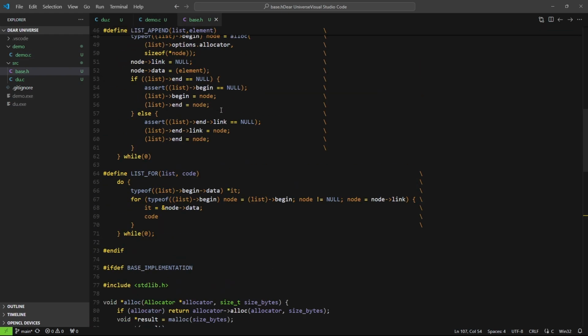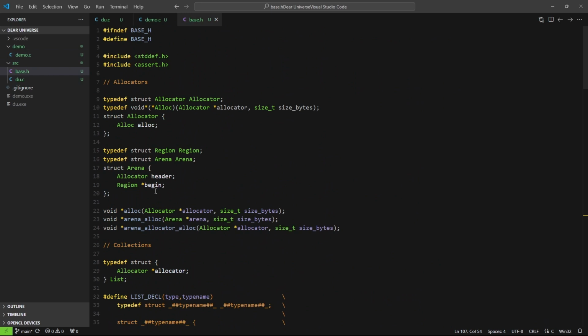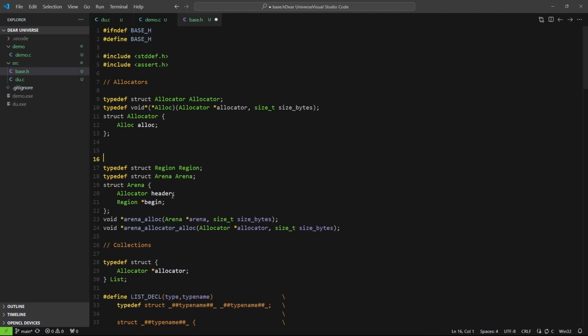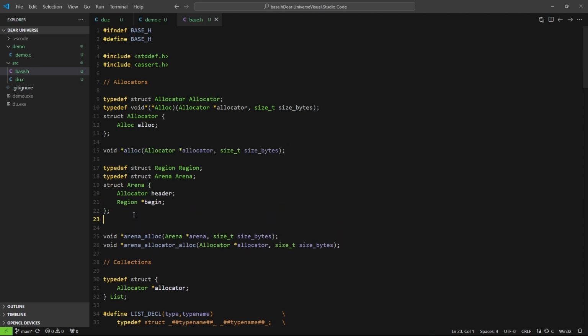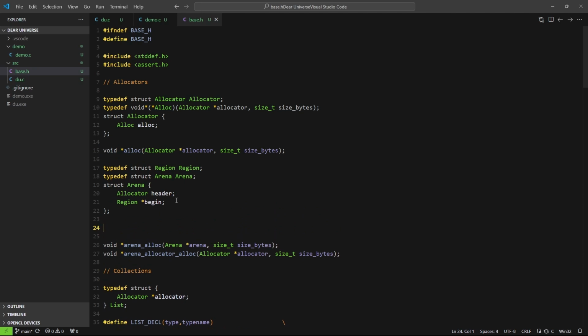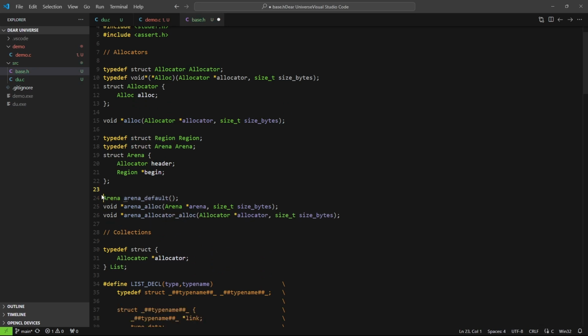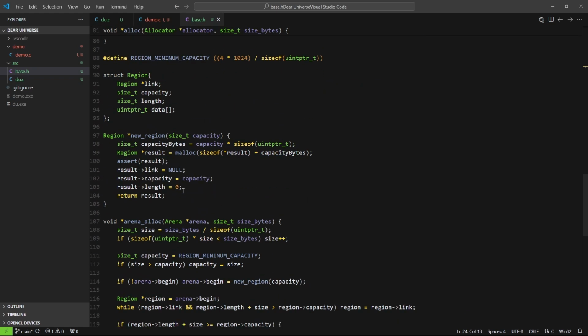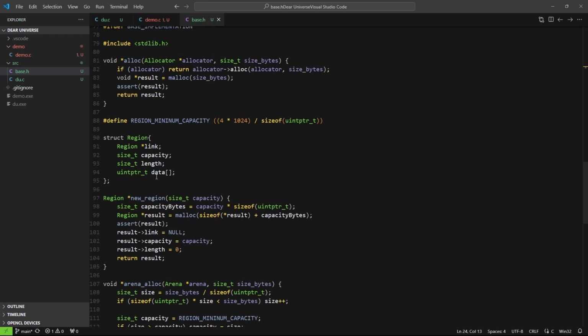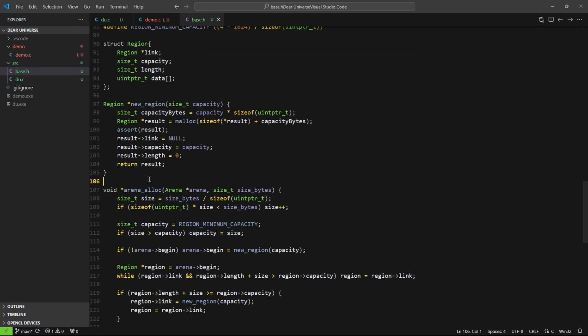I have one option for now, and the option is to create, let me move this here, and then I have the arena specific functions here. We can just have arena default be a function, and this is going to return the default arena, the default values for the arena. So we can place it somewhere, probably here,